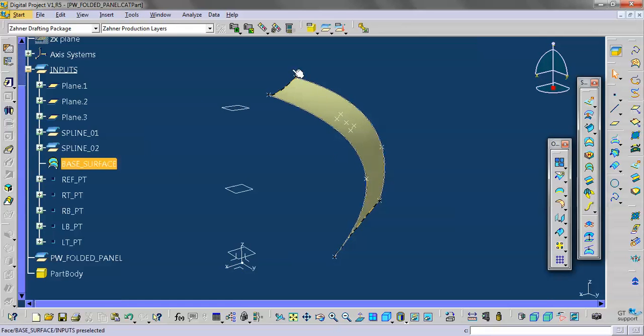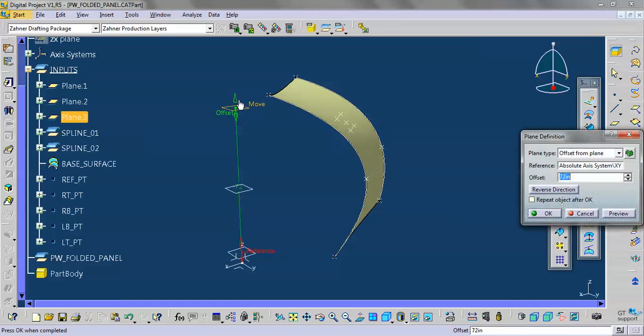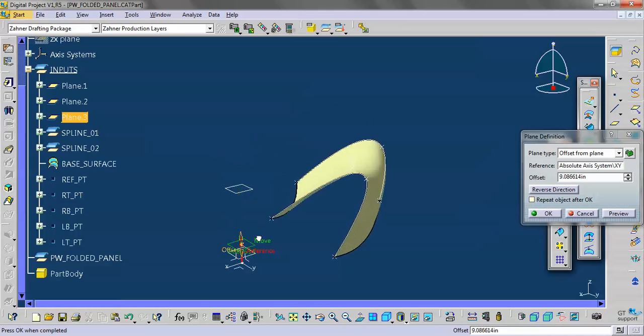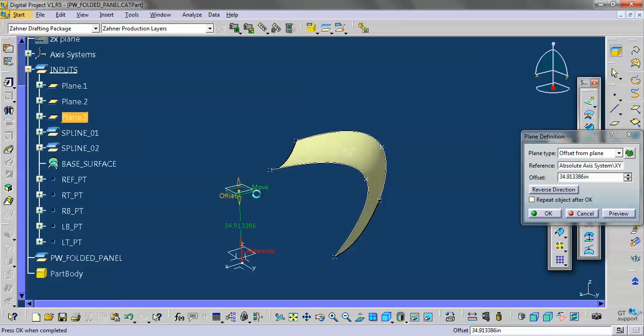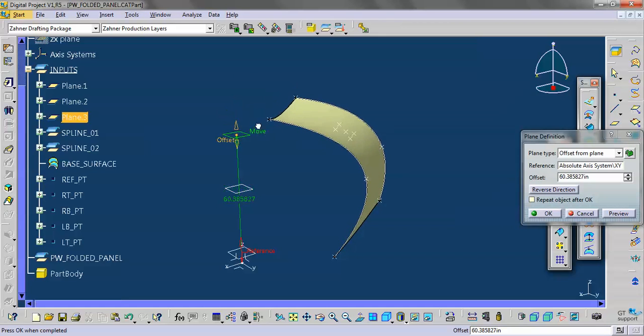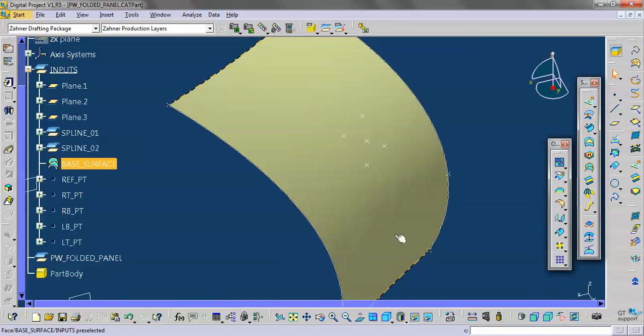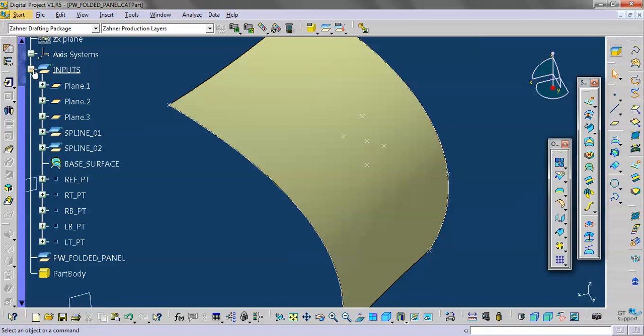And because everything is parametrically linked back to these planes, we can also test it by moving these planes, or moving the splines, or any of that fun stuff. So that's it for the inputs. Everything that we make contained within the power copy is going to be based on those 4 points on the surface. So we can collapse inputs,